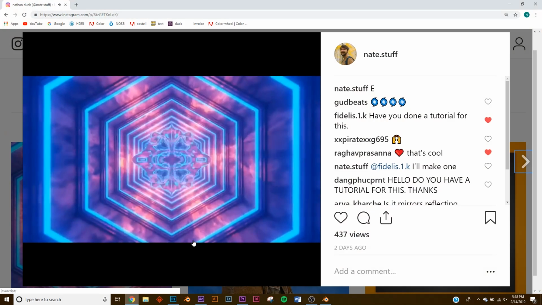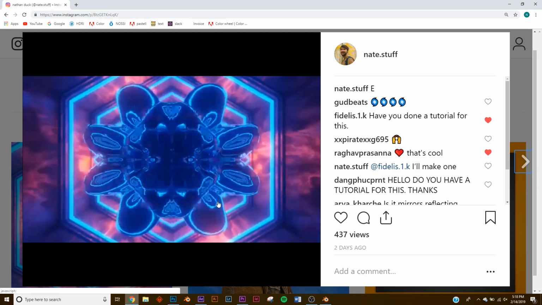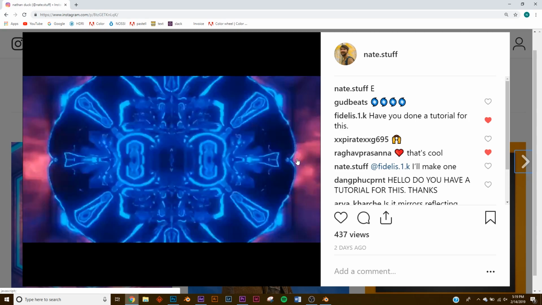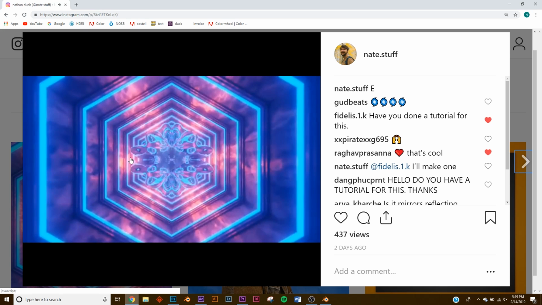Okay, so in today's video, we're going to be tackling a sort of alien-looking, weird corridor animation. So let me show you what it looks like, and then we'll get into it. Okay, so here is the animation that we're going to tackle. We're going to do this depth of field, this animation here, the camera movement, this texture on the side. We're going to do all of this except for this glitch transition that was done in After Effects.